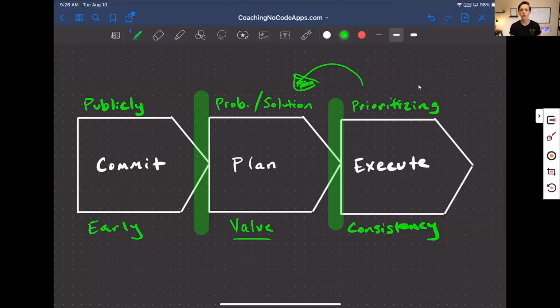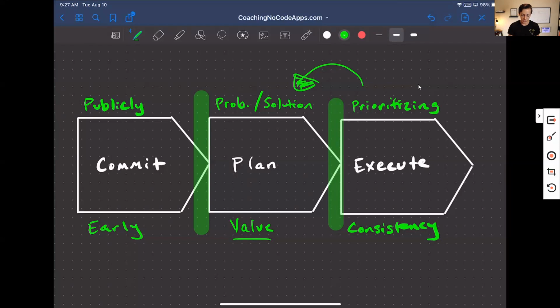I mean, so incredibly simple if there is consistency. If there's not consistency, it becomes more complicated because then you have to change the plan to account for different obstacles that you run into. But if you just do the thing, take the simple steps, one after the next, you're going to build momentum. And that's what's going to push your app forward.